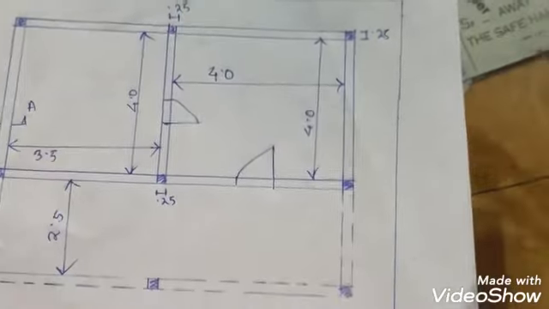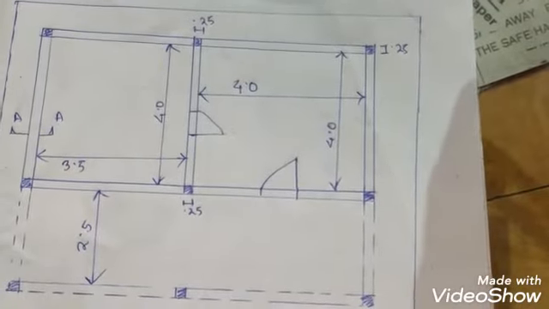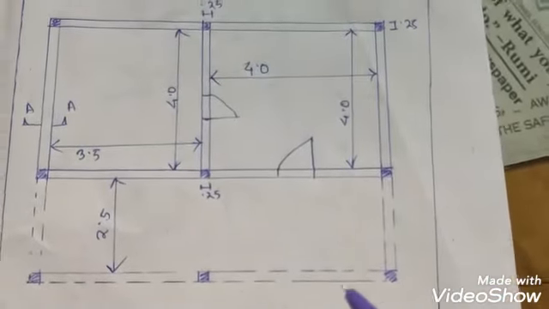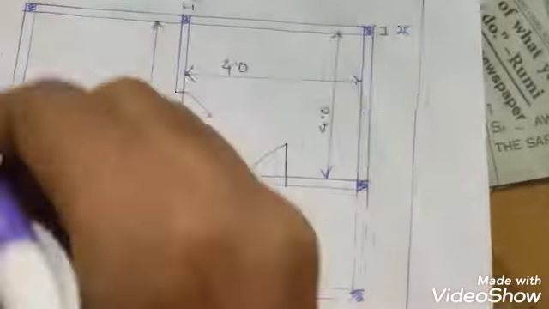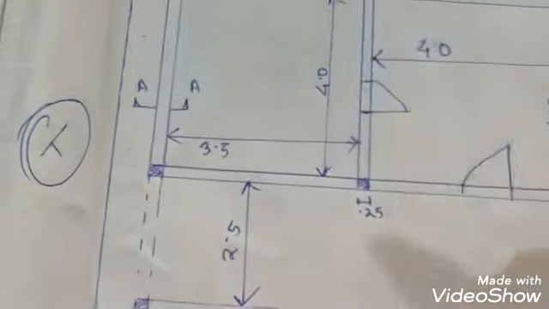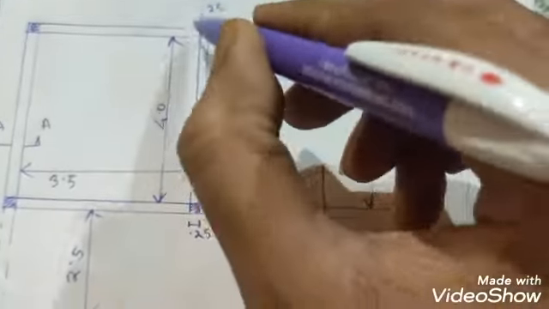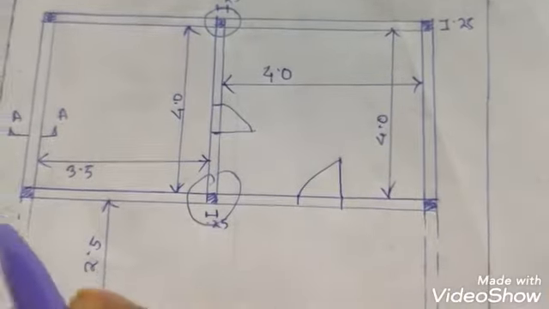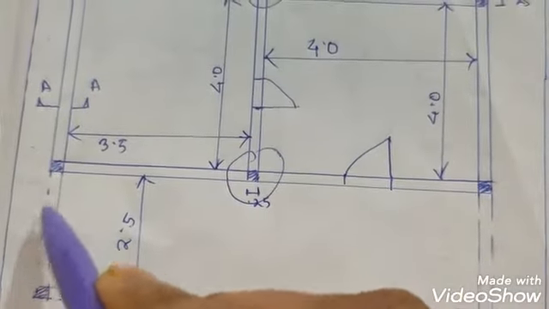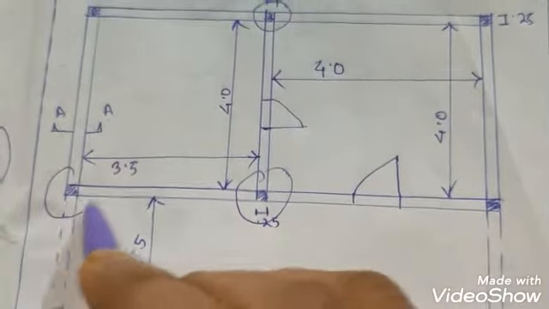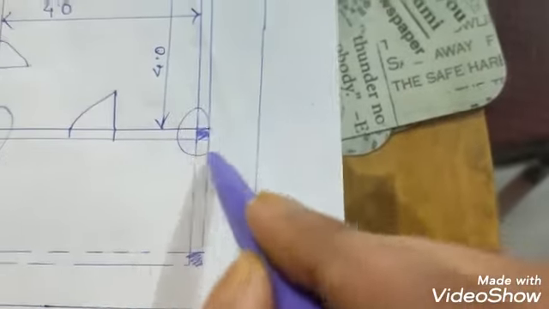So what is the number of junctions it is talking about? Whenever more than 2 walls meet, there is a junction. The walls that meet each other from 3 different directions form a junction. That means the formation of the English letter T. Whenever there is a T letter formation, there is a junction. Now what are the junctions here? Here one T letter is forming, so this is one junction, then this is one junction. Here it is also one junction. Dotted line is given because there is no superstructure wall, but there is a substructure wall. The plinth wall is there, so this is another T and this is another T.